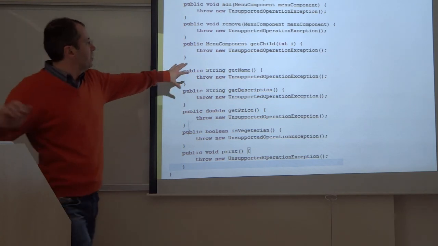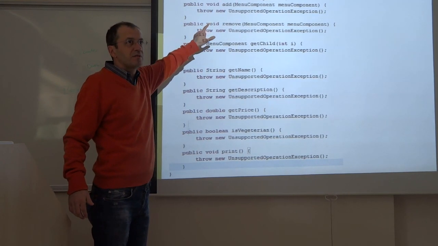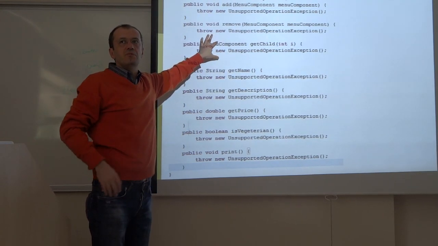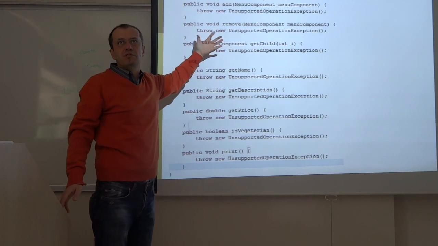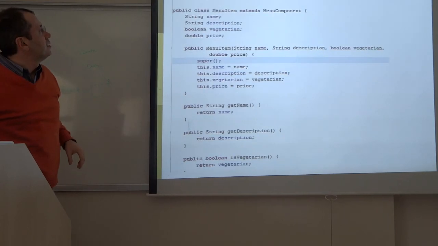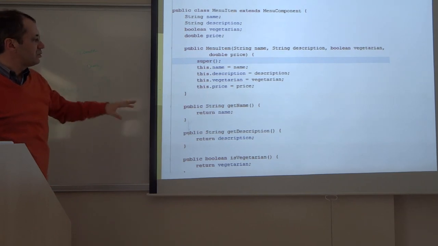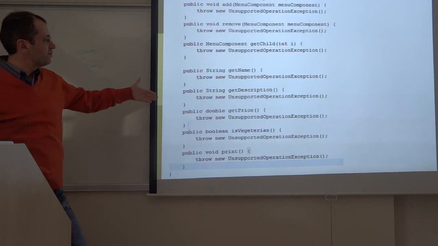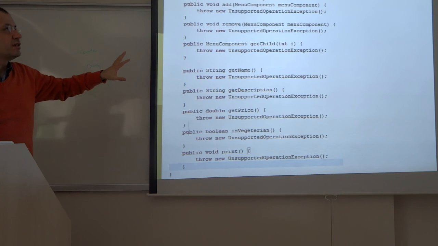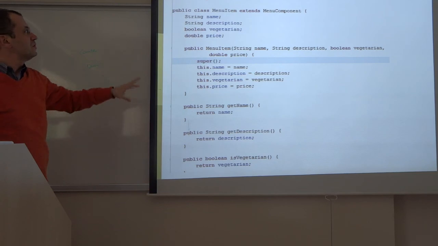So all of them had this exception thrown. This was the abstract class, and this was the menu component. So this is similar to our Quackable. It is sort of similar to that. And then we have the menu items. Menu items are just plain, they don't do anything else, they don't have remove, they don't have add. So when and if you call any of these within the menu item, they don't do that, but they are